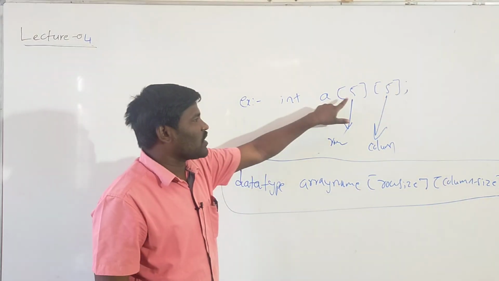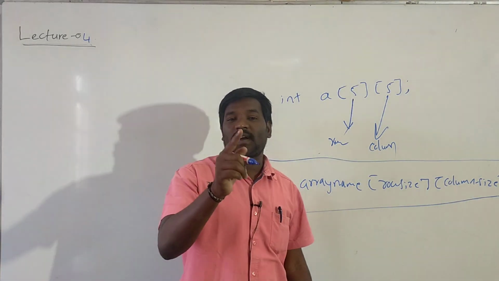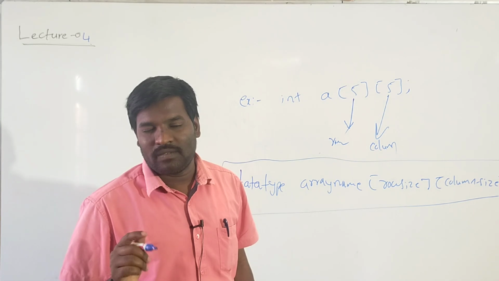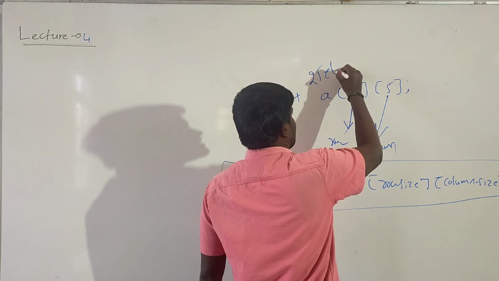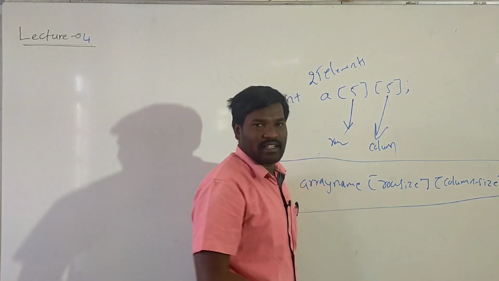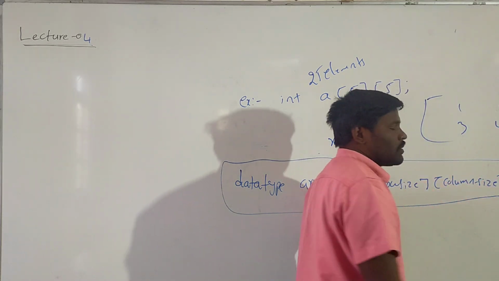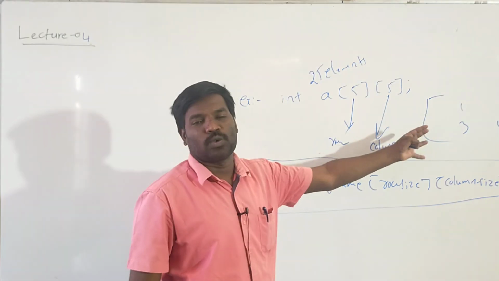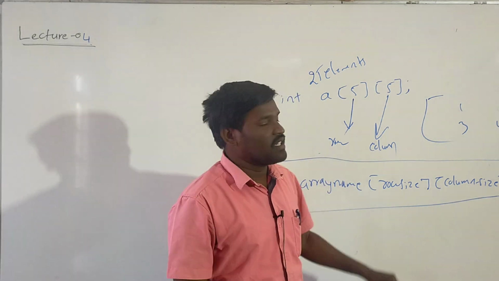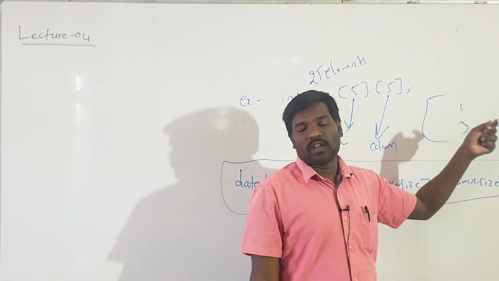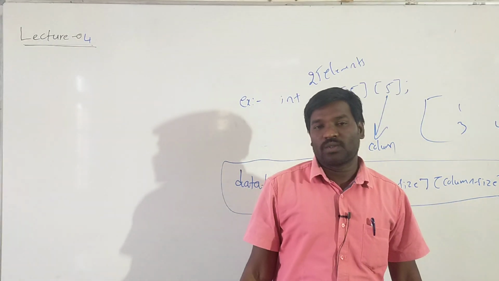So here int a of 5 means maximum you can enter a 5 cross 5 matrix in a single variable. A 5 cross 5 matrix means 5 into 5, 25 elements in a. For example, just let me write one matrix here, 1 2 3 4. So this is a 2 cross 2 matrix. 2 cross 2 means number of rows into number of columns. Here the number of rows is 2 and columns is also 2. That's why the order of the matrix is 2 cross 2.